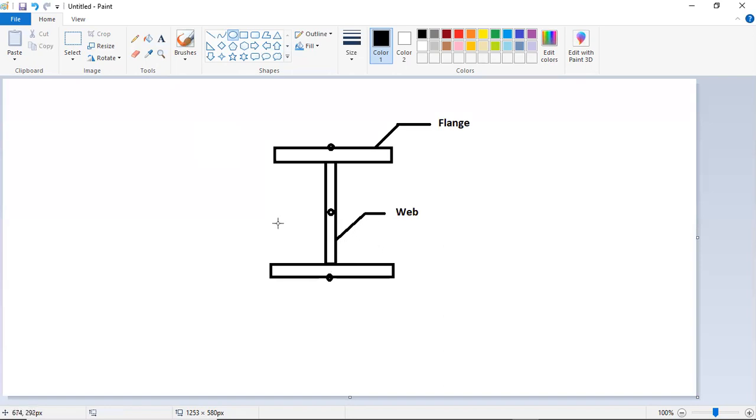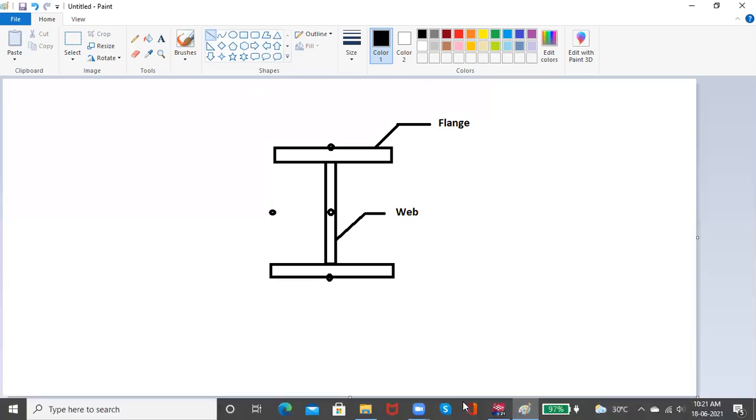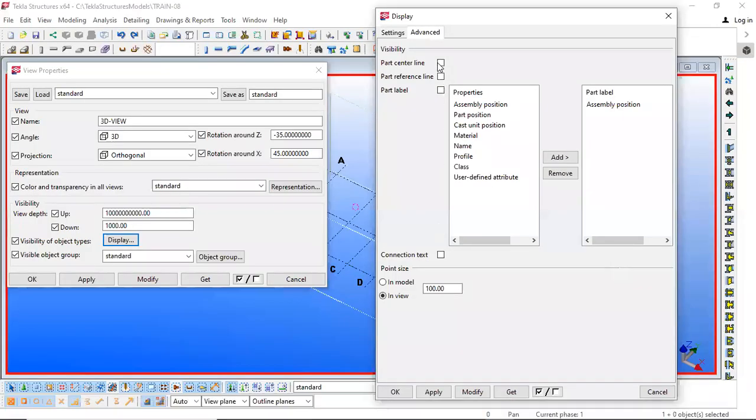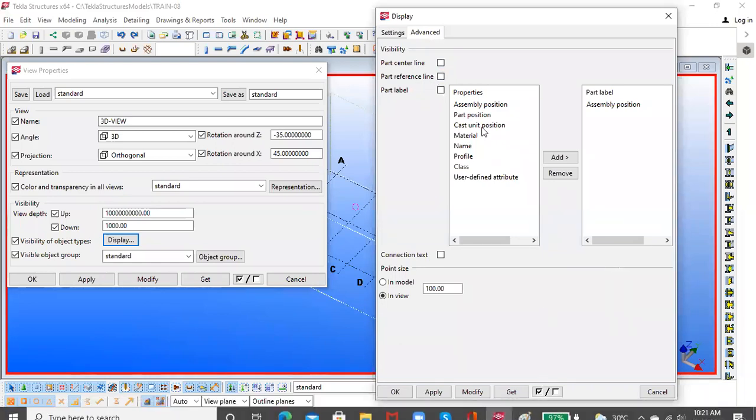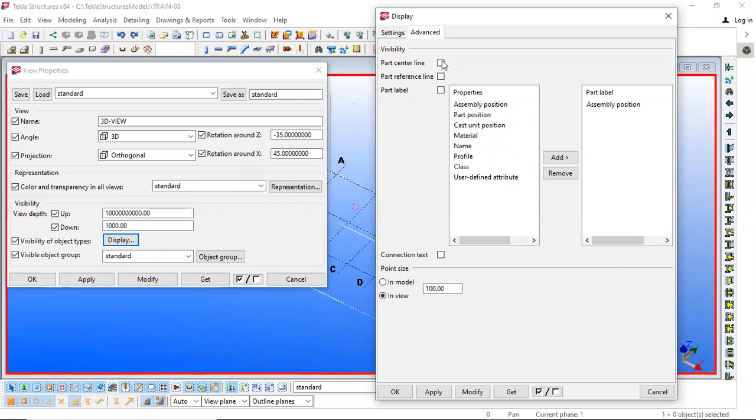So sometimes the reference might be here also. It depends on the design drawing, and the user decides where that position has to be. So that is the reference line. And the center line, as we know, will be the geometric center of any cross section.